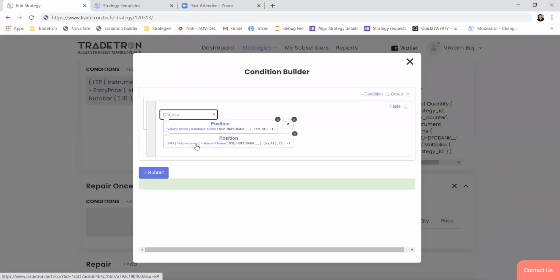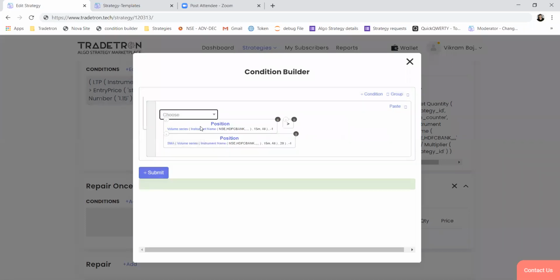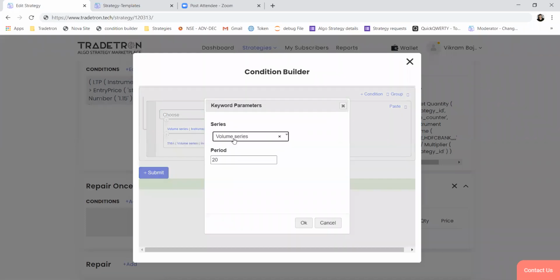And the candle type has to be 15 minutes, same as what you have put here. So this is the condition to check if the current candle's volume or the previous candle's volume was greater than its 20 candles average. You start with the position keyword, then under that you select SMA. In SMA, you select volume series and the period of SMA.